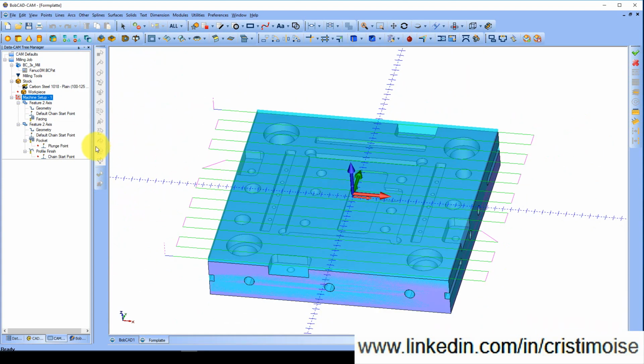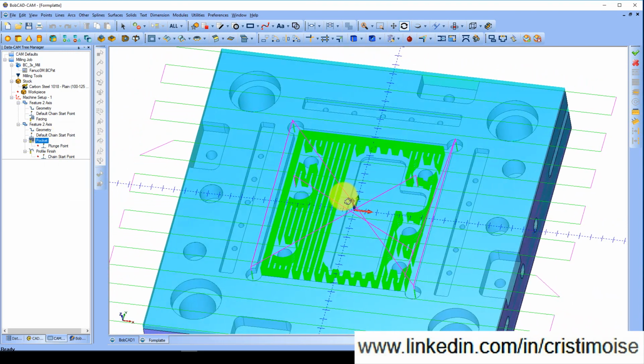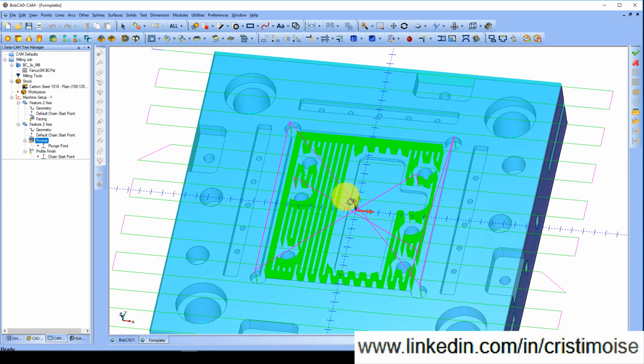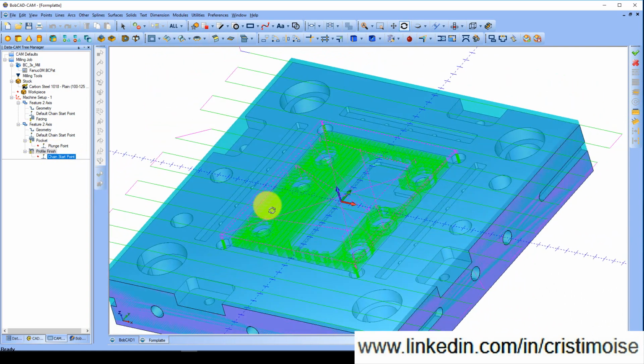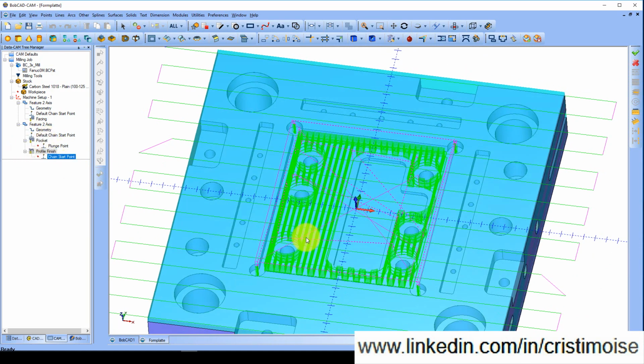Okay, let's try. So pocket compute. This is my mistake, or I don't know how to do it in BobCAD-CAM, but I need to machine also these areas. I don't know how to do it right now, but maybe it is a simple solution. And also the pocket and profile finish. It's rough and finish here. Another thing I tried, and